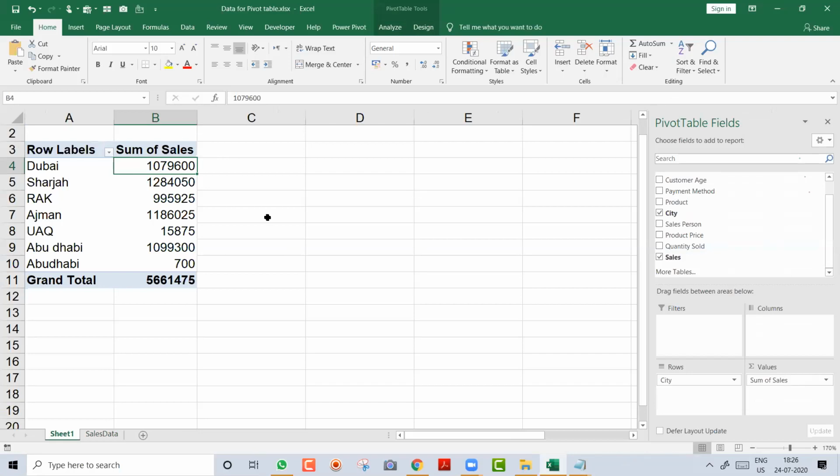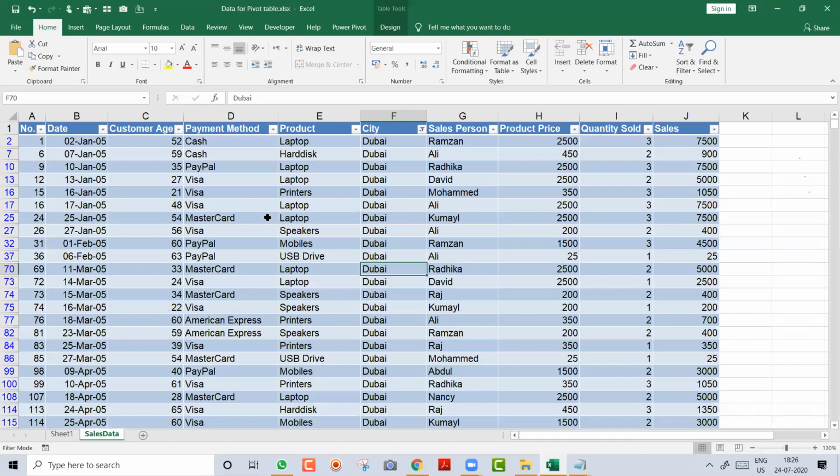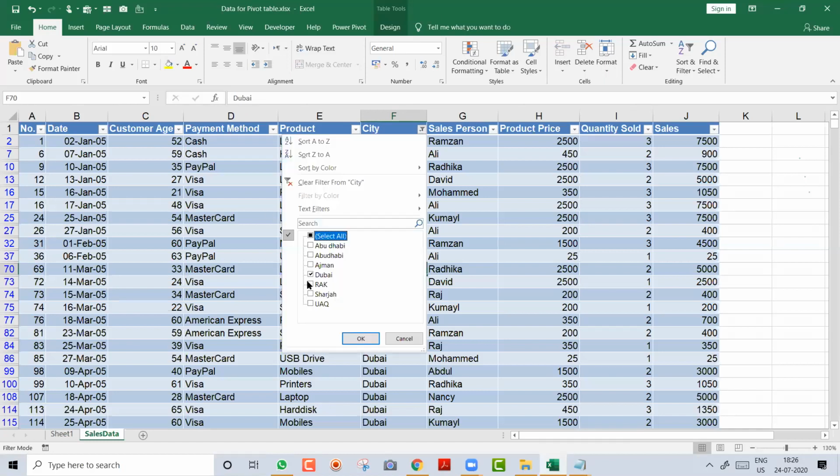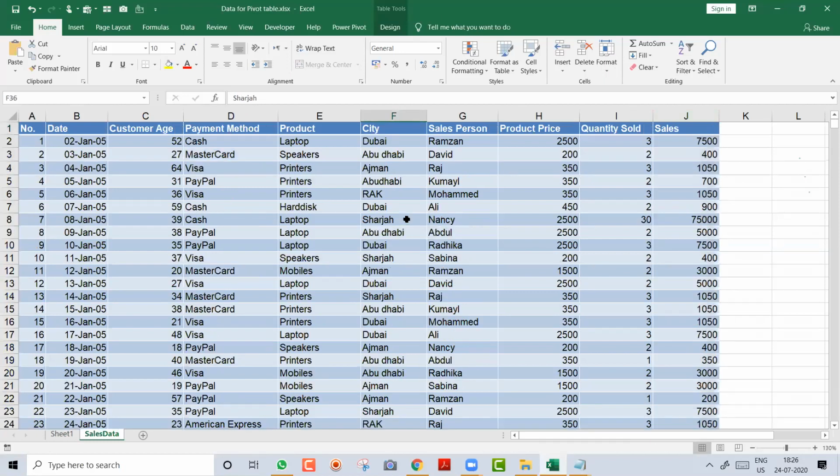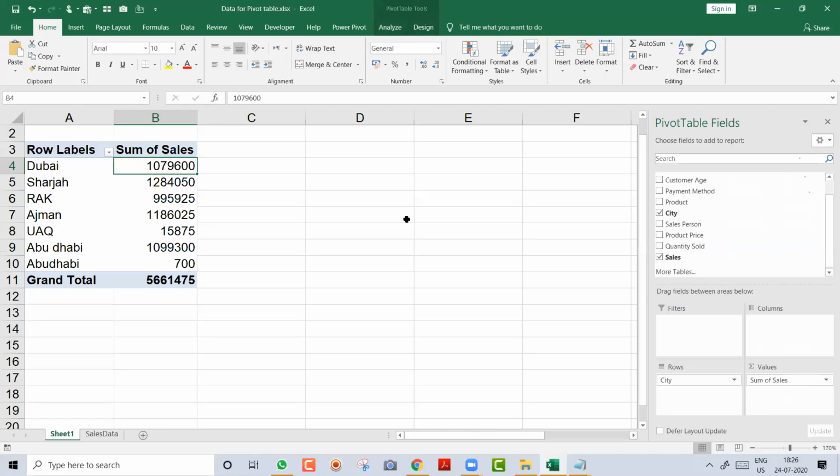So what Excel did, it added all these numbers. If you wanted to add, you have to filter on each column. Now if I wanted to see Sharjah, what you will do, you will again uncheck this, click on Sharjah, and you will see the sales, right? So you have to do each report. Creating reports will take lots of time, but here what you did, you just went to insert, clicked on pivot, dragged the city under the row and sales under the values, and your report became good.